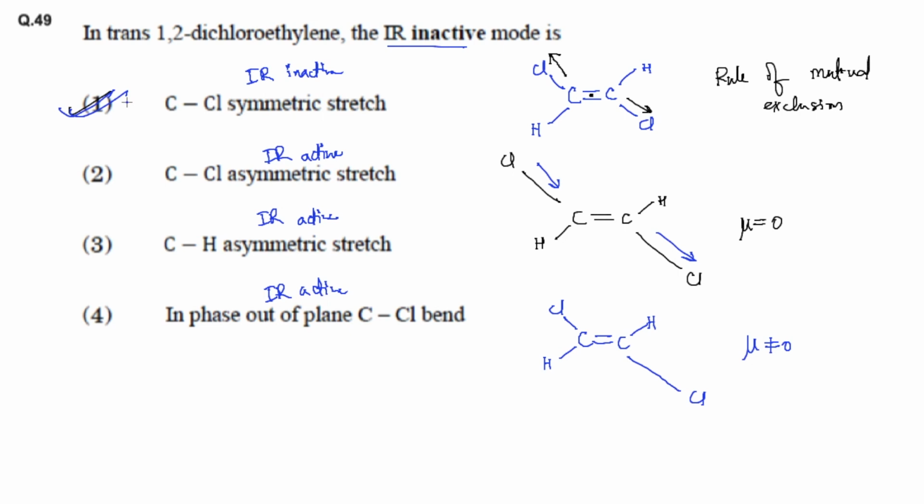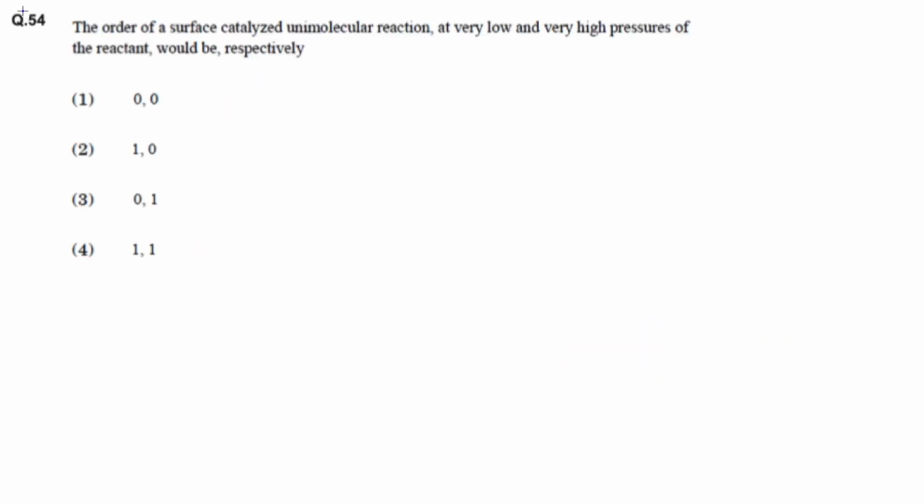Alright, let's look upon the next question then. Alright, so let's talk about this particular question over here. It says that the order of surface catalyzed unimolecular reaction at very low and very high pressure of the reactant would be. Okay, first of all let's try to understand that it's the surface catalyzed reaction mechanism, where this is the surface which will behave as an adsorbent, and you have adsorbate which is unimolecular, so it's not interacting with each other and it is getting adsorbed